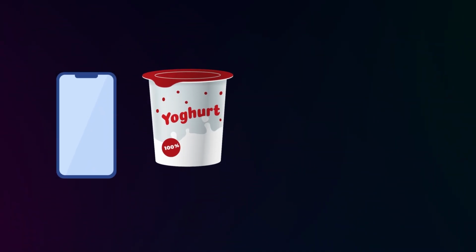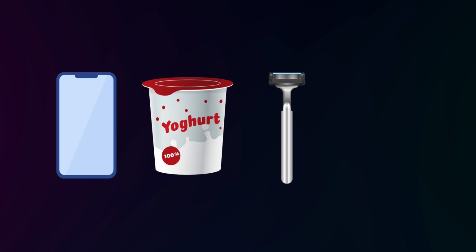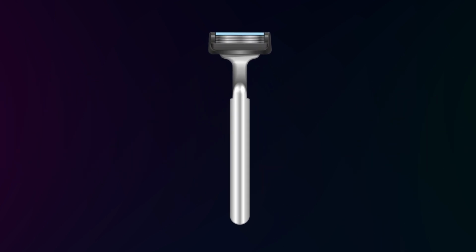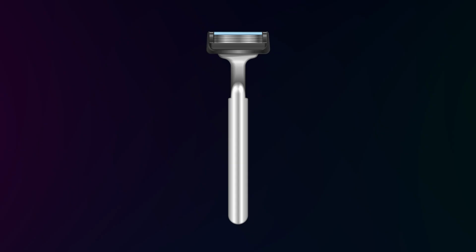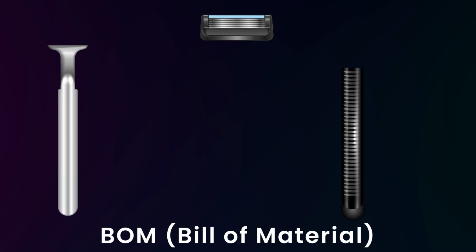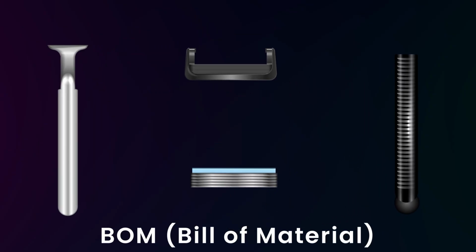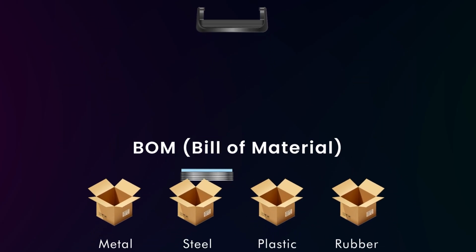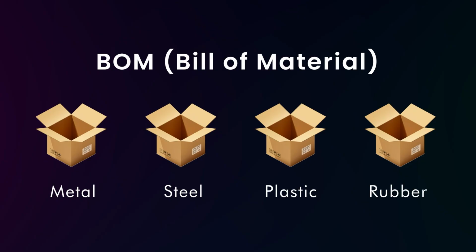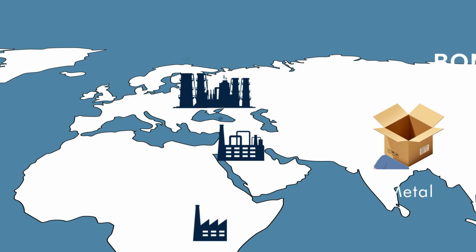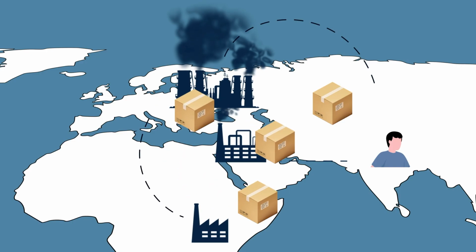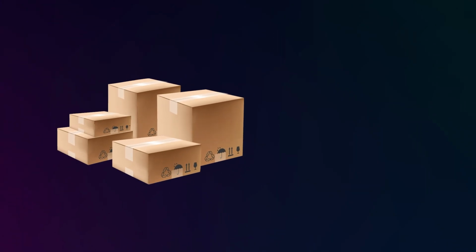Let's take different product examples that we use on a day-to-day basis, like a handheld device, milk or a yogurt, a razor, a perfume, etc. They are made of different components, also called a bill of materials. These BOM components are procured from different suppliers in bulk and are used for manufacturing a product. Like plastic, rubber, metal, each of these has a different decomposition time. Defining the end-of-life goal for all the BOM components that remain extractable at end of the product usage is what